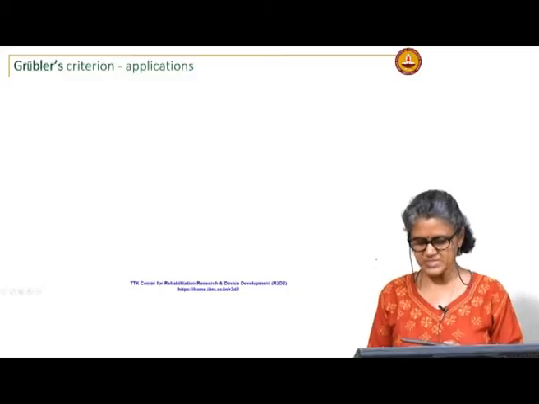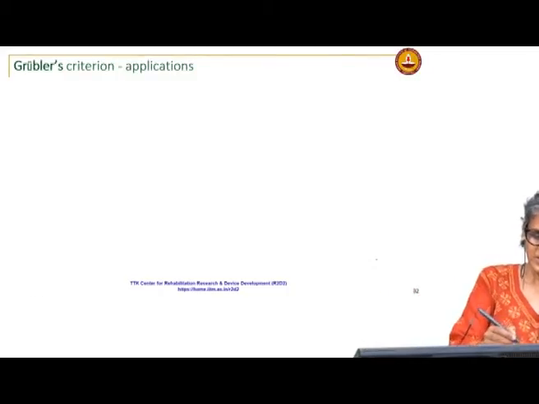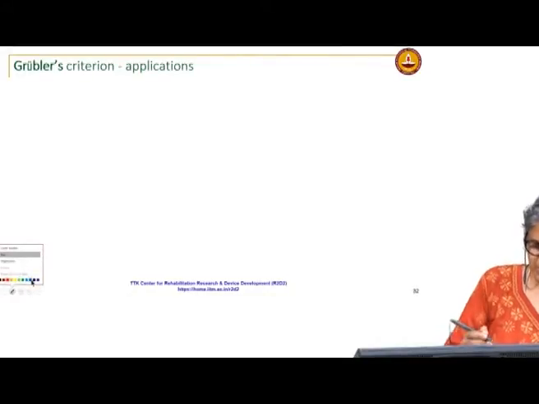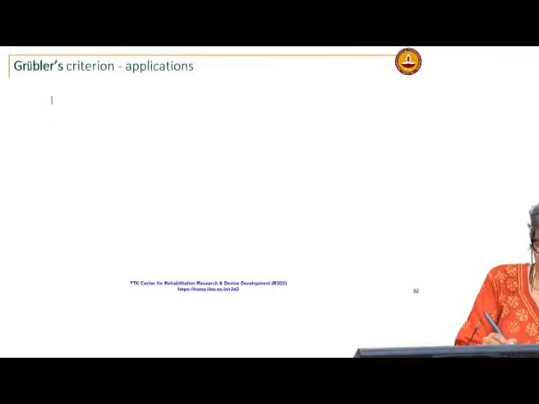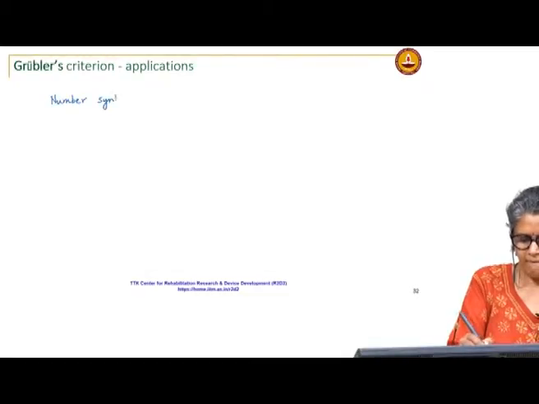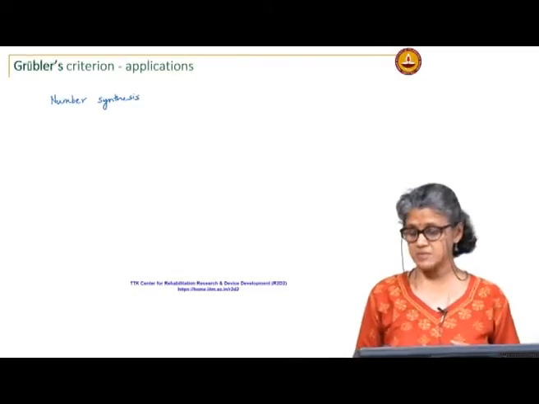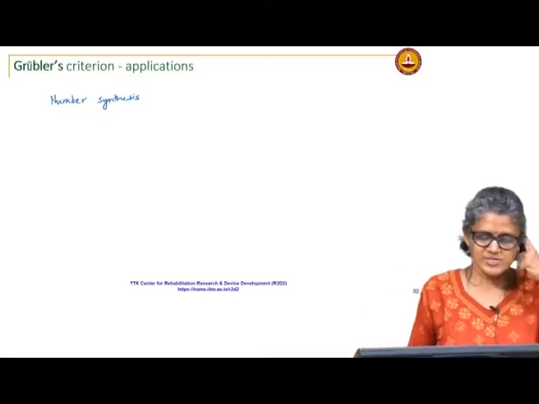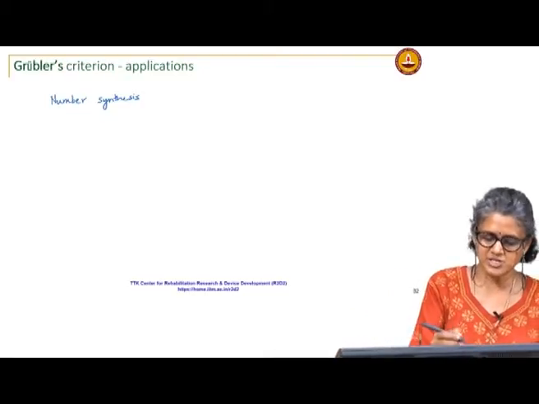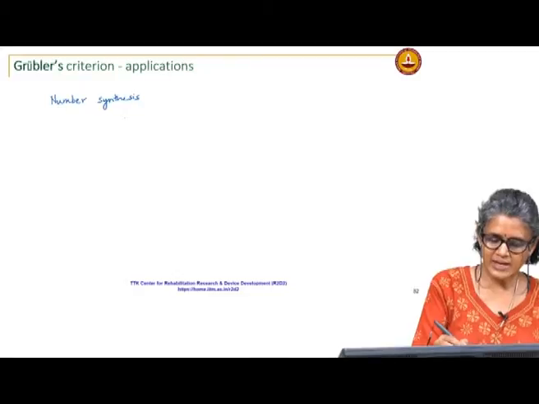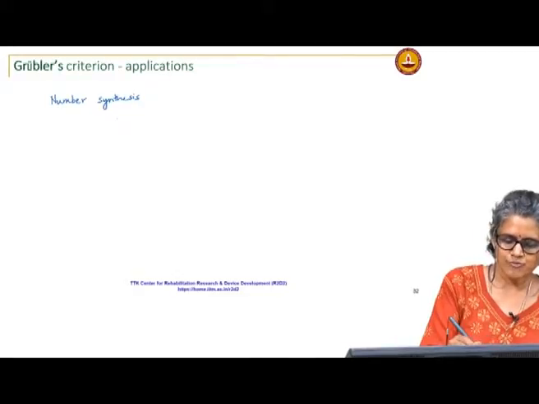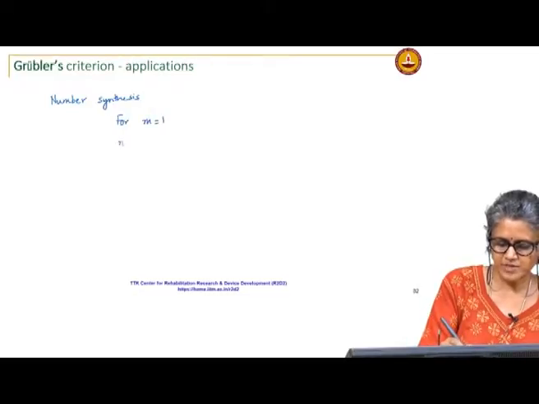So, last class we looked at some of the applications of Grubler's criterion and number synthesis, basically determining the numbers and types of links you would need for, say, a single degree of freedom linkage. That would mean that for mobility equal to 1, n should be even,